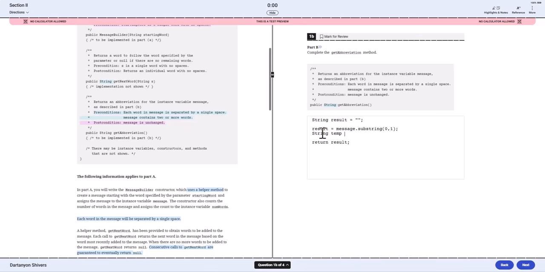And we're going to assign temp to be whatever message currently is. And then we're going to int idx equals temp.indexOf our space character. Okay? And what we're going to do is while